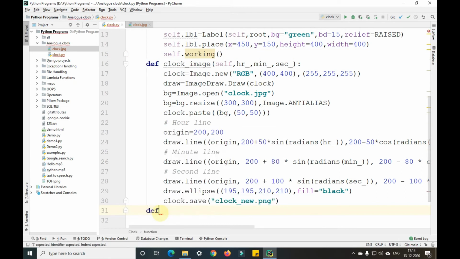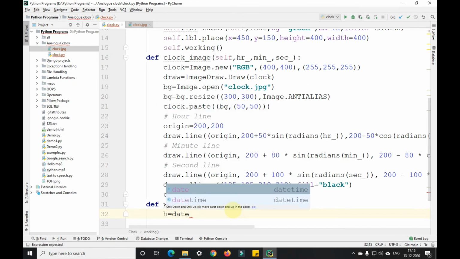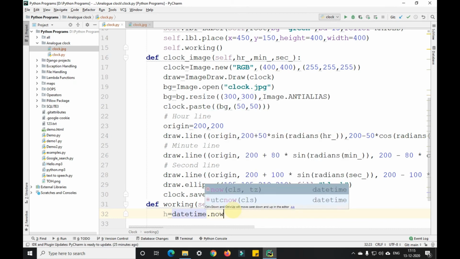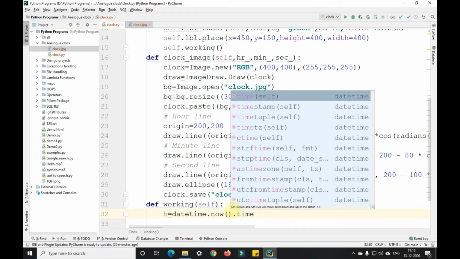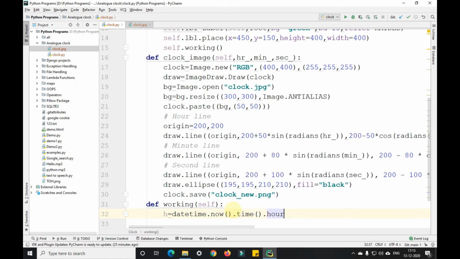def working with the self keyword, then we'll take h equals to datetime.now().time().hour. Okay.